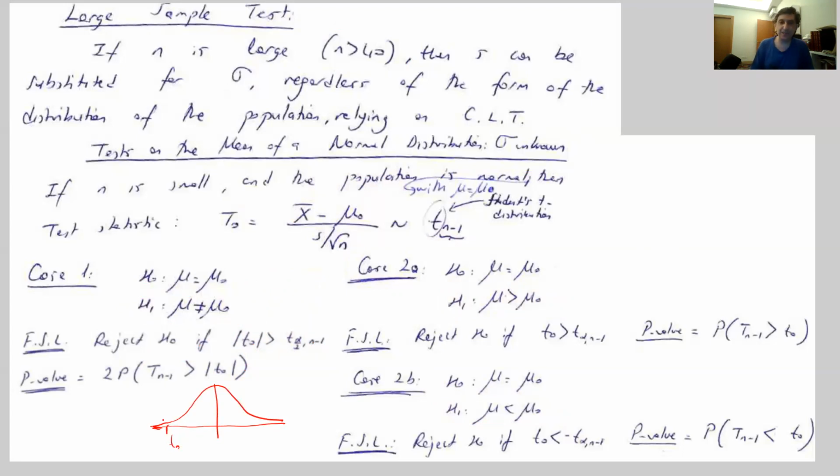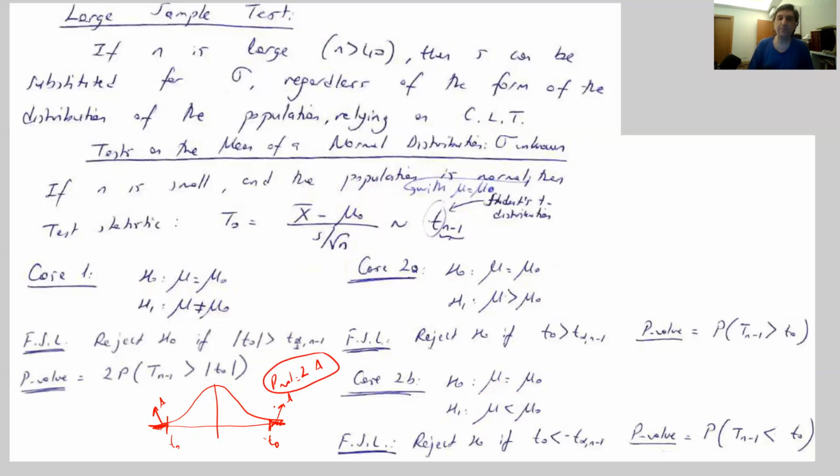So in this case, the p-value is going to be this area plus the negative of t0. Note that this is going to be already negative. Another negative sign is going to make this positive. It is going to be this tail. And note that they are both the same, a. So the p-value is going to be equal to 2 times a. This is how it's going to be computed.